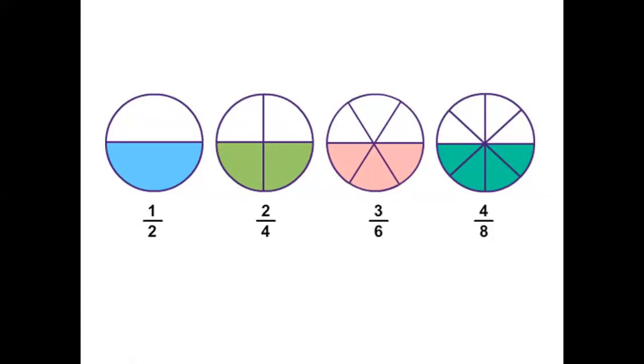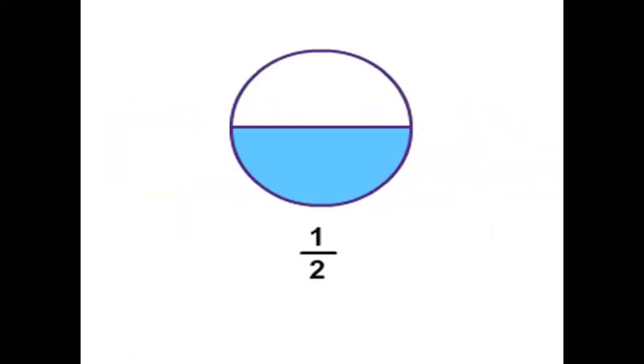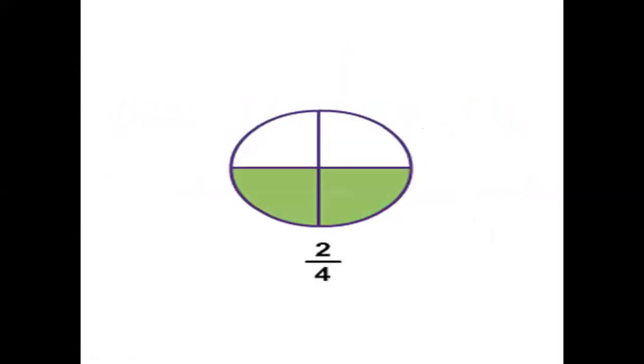We'll again look at this. We have understood how 1 by 2, 2 by 4, 3 by 6, and 4 by 8 are all derived. So we'll see them in separate boxes. As we discussed, it's one circle and we have divided it into 2. So that is the total number of parts. And what is the shaded part here? 1. So we would say it is 1 by 2.